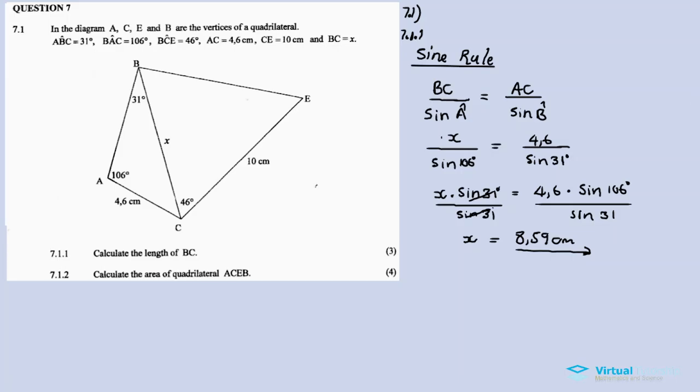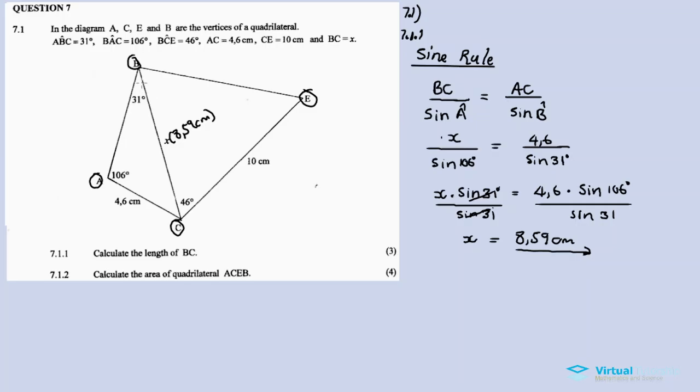This is the quad, ACEB. This is the quadrilateral. Let's calculate the area for this quadrilateral. We just calculated x, which is 8.59 centimeters. In order to calculate the area of this quadrilateral, since this is not a common shape,